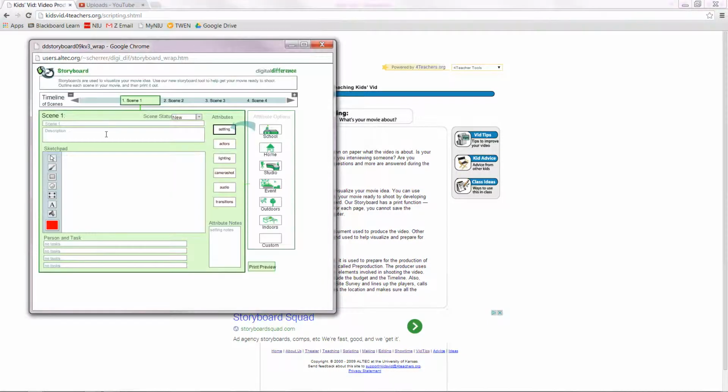Here you can see storyboard. You can label the scene, give it a description. You can also even draw a picture to help you remember. You can have people and tasks down here, a section for notes. You can put a note for yourself if you would like to add a transition at this scene, specific audio,